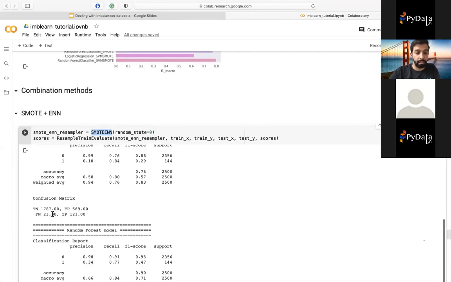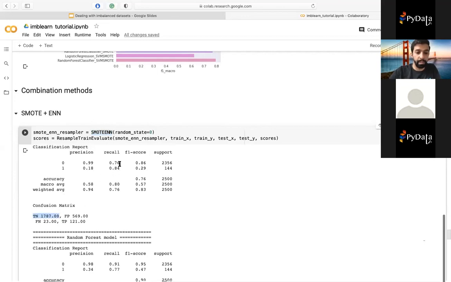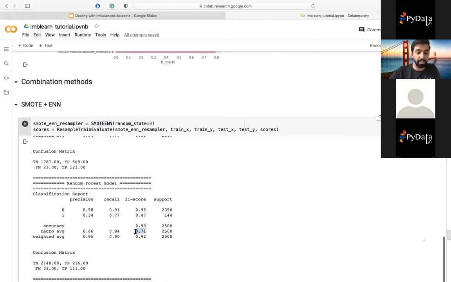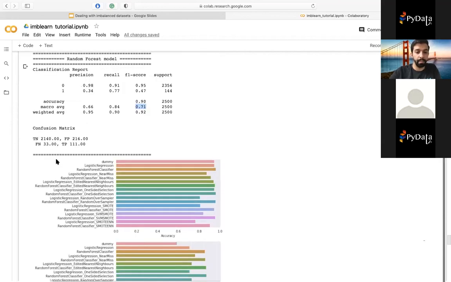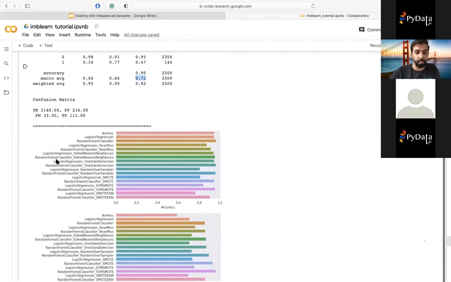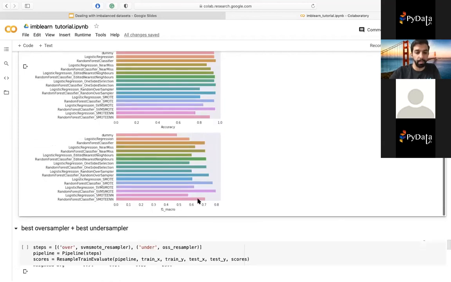We see now it's performing terribly on the negative labels, with very low recall, but very high recall for the positive. On the other hand, very low precision. And we see the F1 score has degraded. Similarly here, we went back to 0.71. So just applying this right off the bat was not a good idea. We maybe should have oversampled just to the half and then trimmed. Now at least we would preserve some form of the original data set. We see now we actually lost something.